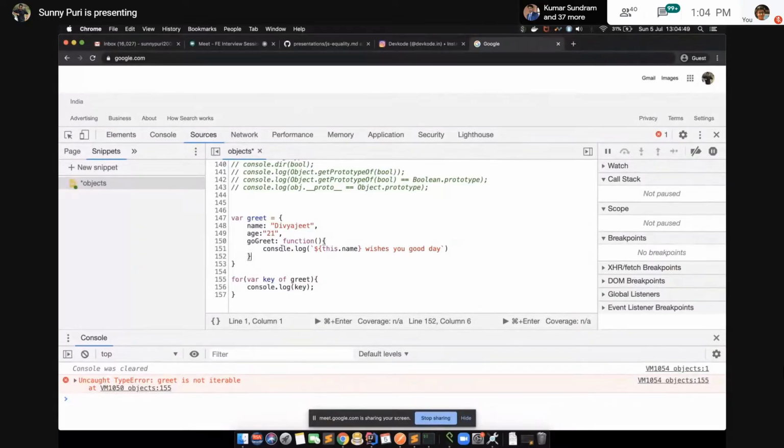Okay, you are asking this, right? We are not able to see it in this case. What will happen? You have to convert this to an array.